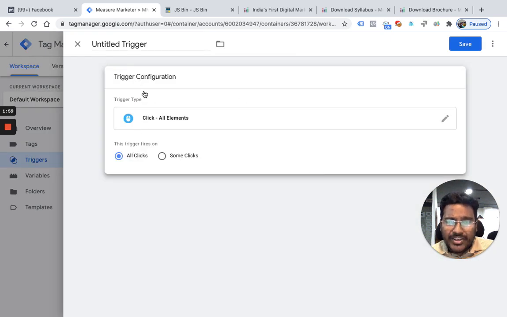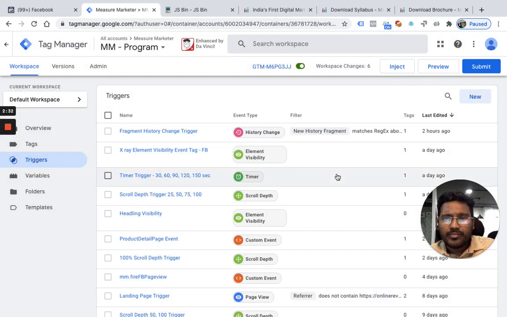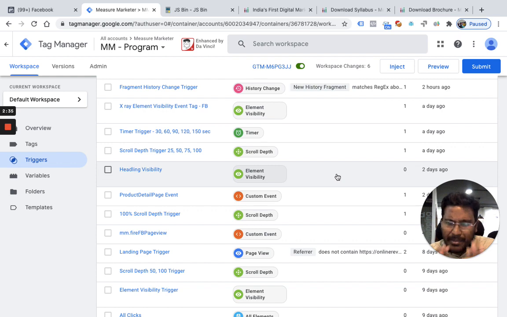When I create this trigger, whenever somebody comes to my site and clicks on an element anywhere, GTM will immediately push an event into the data layer called gtm.click. It will also push the values associated with that element: the text of the element, the ID, the target, and the classes. You can use those values to set up another, more specific trigger. Right now I already have an all click trigger, so I'm not going to show it. It's very general: whenever people click, GTM will listen and push an event into the data layer with all the values of the element the user interacted with.